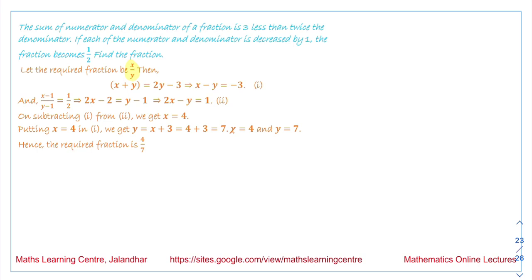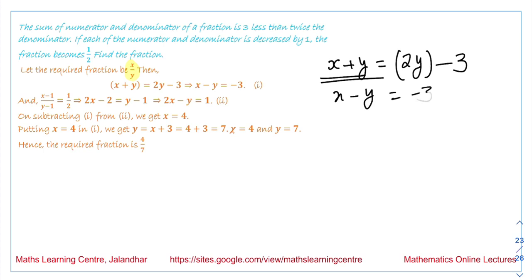Now it is given that the sum of the numerator and denominator of a fraction, that means it is x plus y, that is equal to 3 less than twice the denominator. So twice the denominator is 2y and this value is 3 less than this value. So when we adjust these terms, the equation we will get is x minus y is equal to minus